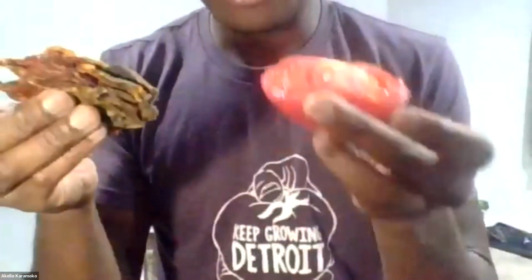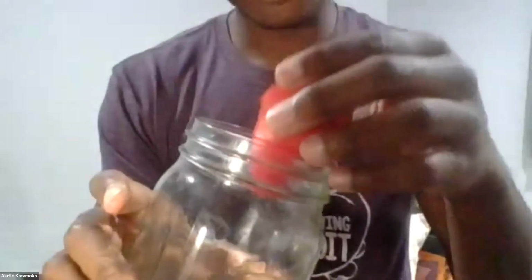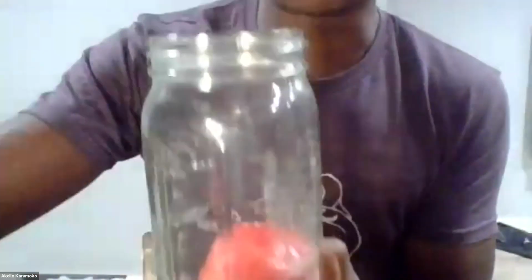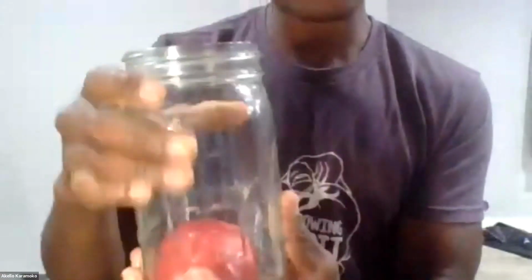But another simple method is just taking that tomato, putting it inside a cup here. I mean, you can squeeze out this tomato. I'm still gonna eat this tomato, so I'm just gonna put that in here. Add some water to that and pretty much just let that tomato sit. You can even squish it just to help speed up that process. Seal it. That will also help quicken that